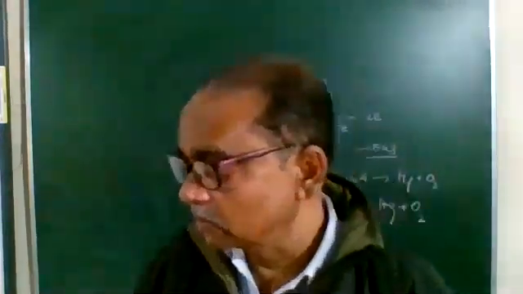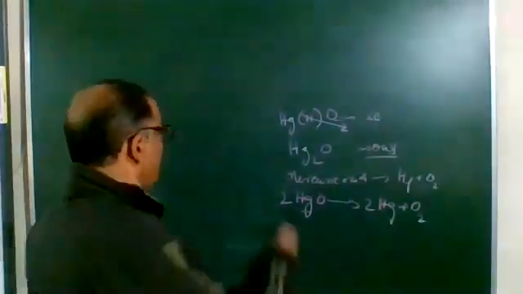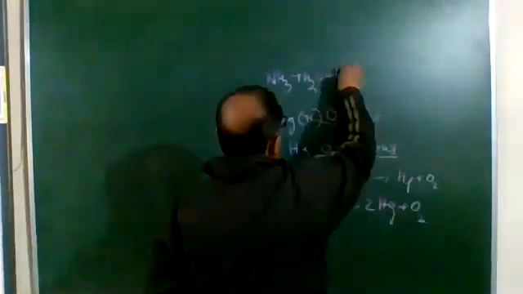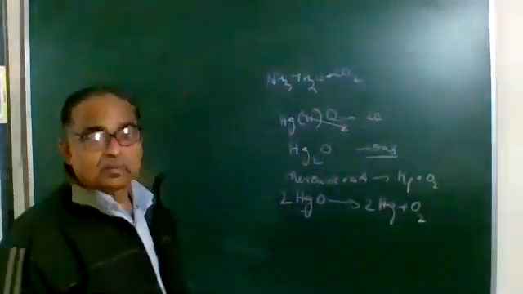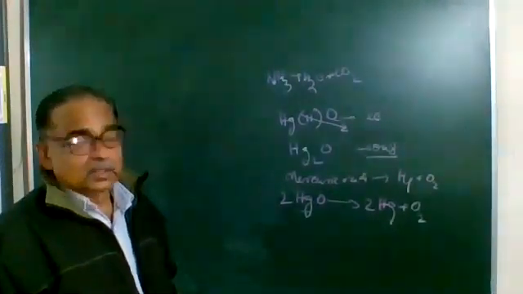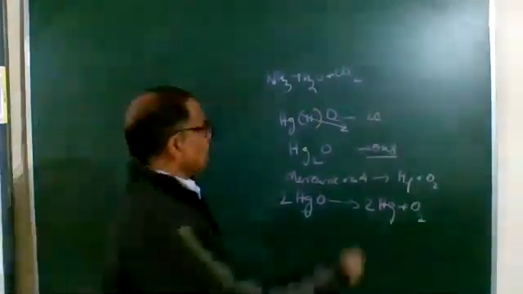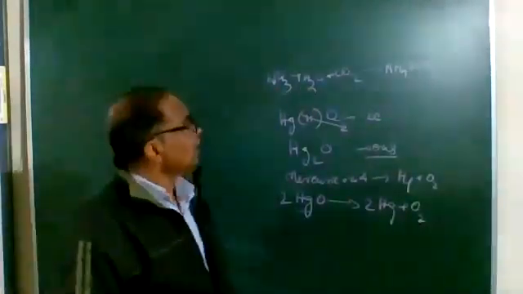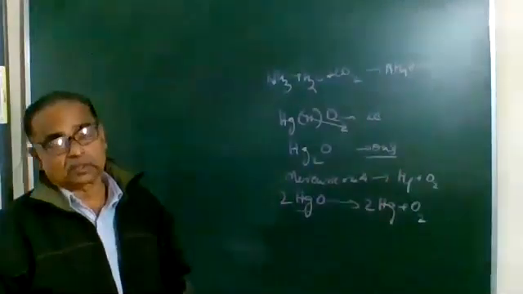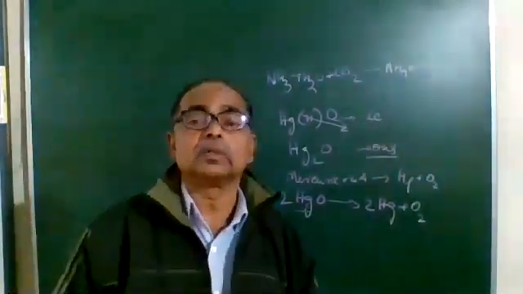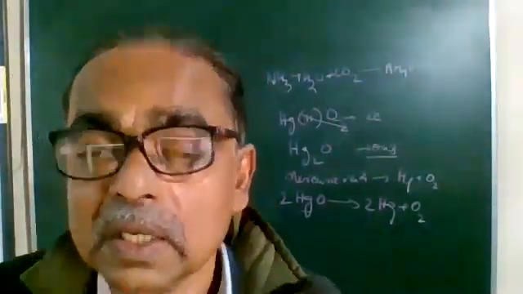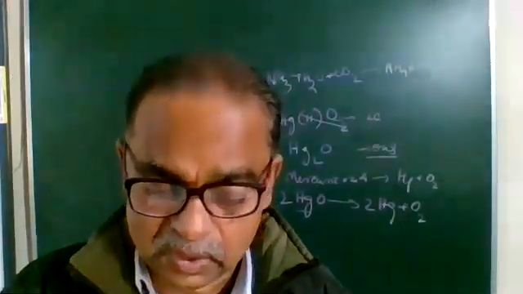We have studied in that chapter ammonia plus H2O plus carbon dioxide. Concentrated ammonia combines with water and carbon dioxide to produce NH4HCO3, ammonium bicarbonate. In this reaction, how many reactants are there? Three are there: NH3, H2O, carbon dioxide. So you can't say that it is only two elements or two compounds. Any number of reactants combine, and the basic thing is we get only one product, and then it is a reaction of combination. Understood clearly?